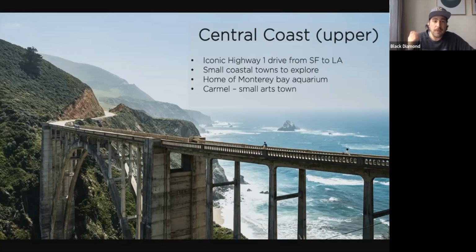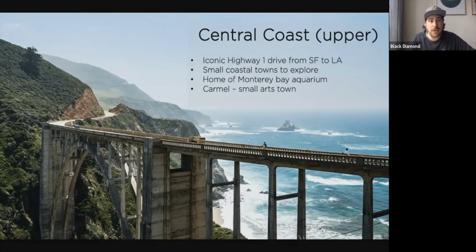Also some iconic hotels. I can't not mention the Post Ranch Inn. If anyone sells luxury and knows Post Ranch Inn, it is just a fantastic property that sits on top of these cliffs. It's the only hotel on the stretch that sits actually on the cliffs overlooking the ocean. It's a 5-star, luxury hotel, but if you've got clients that want to treat themselves, it's 100% well worth it. Just a little plug for Post Ranch. If anyone needs any information, I do look after Post Ranch for the UK, so you can side note me on that, or if you'd love to learn all about Post Ranch exclusively, I can do that separately.